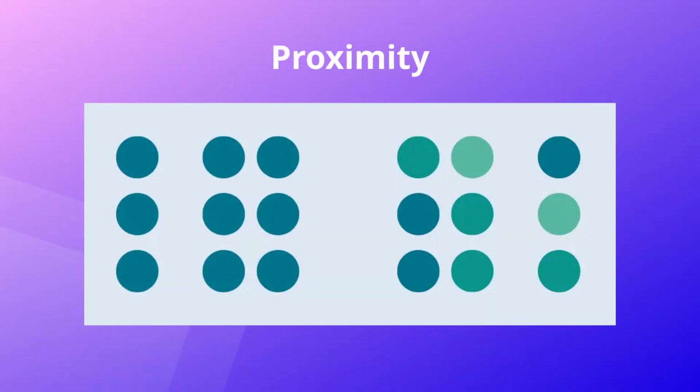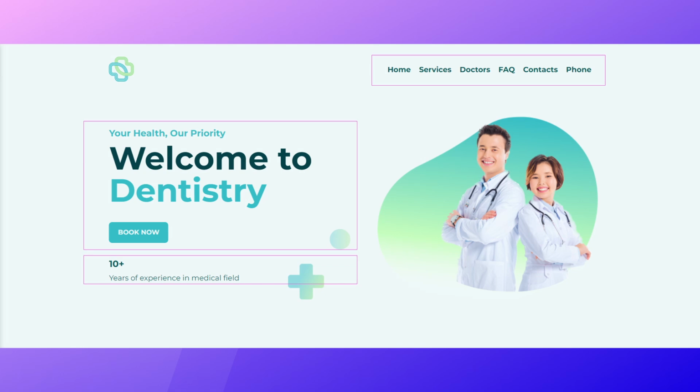Let's talk about some basic principles that can help you organize your design elements into columns and modules using spacing and alignment. The first principle, proximity, means that the elements placed close to each other are seen as more related than those spaced further apart. In other words, we naturally perceive the elements located near each other as a group. In the following example, the space between the elements helps you quickly spot the main group, like the headline and button, and then shift your focus to the smaller groups, such as the menu or extra text. Grouping elements this way helps guide the user's eyes to the most important information.